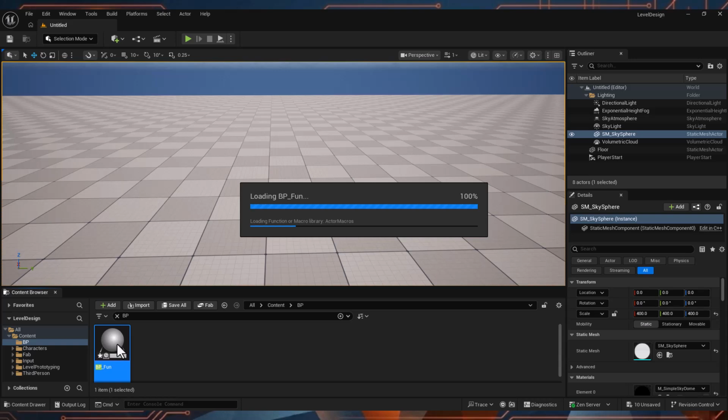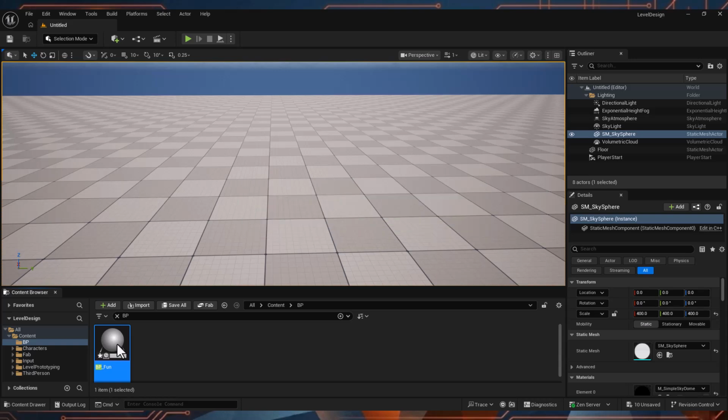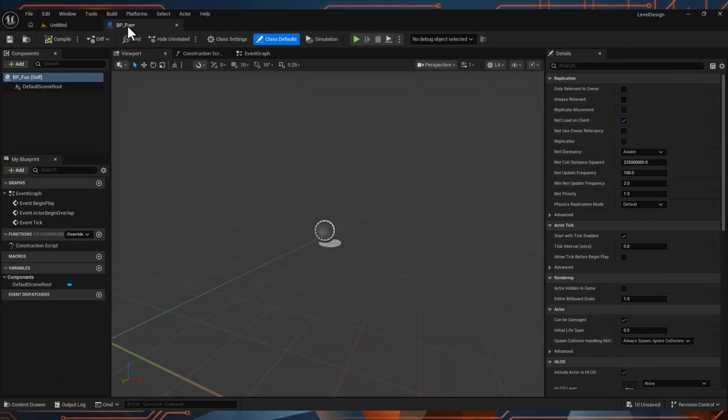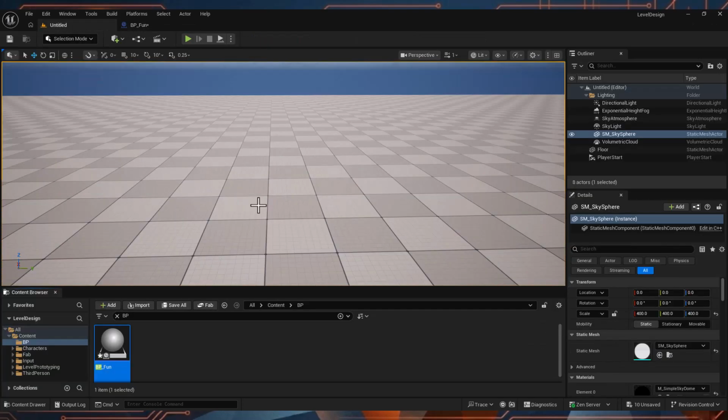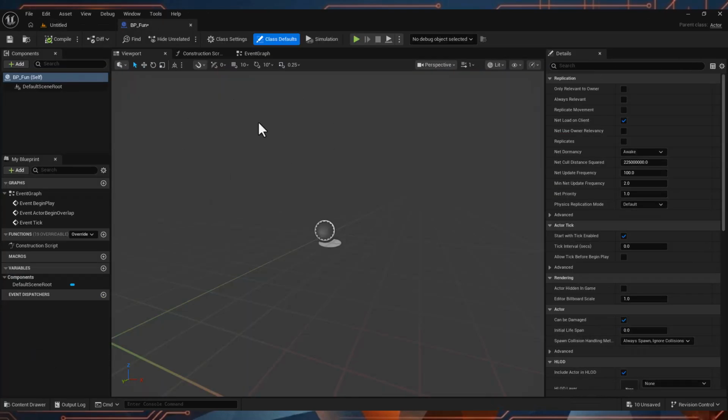So let's go ahead and double click this to open it up. And I want to dock this in my interface here. And so now you can see I can switch between my scene and then back to BP fun. Eventually, we'll get through what all of the different parts of this interface are. But for now, just understand that